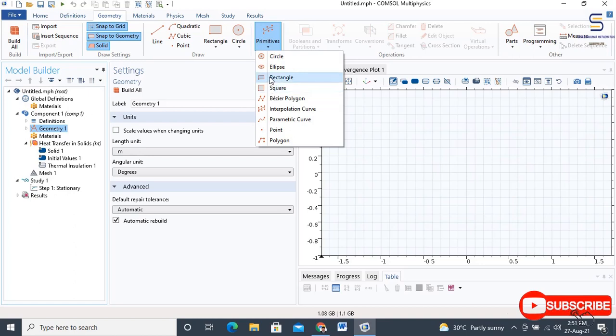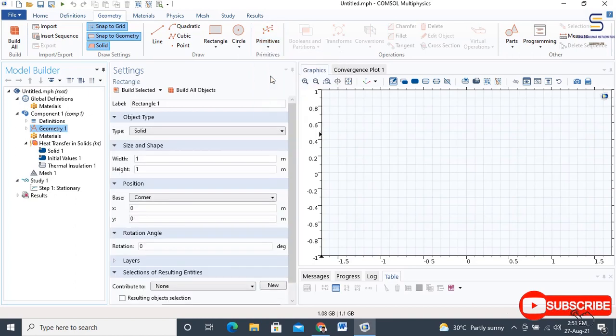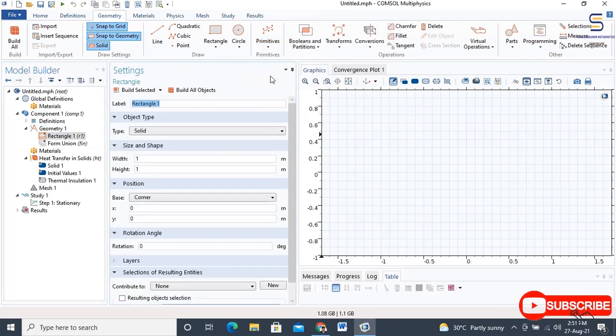We are going to go for, in this case, a rectangle. By selecting the rectangle, in the settings window for the rectangle, locate the size and shape section. In that, select the width to be 0.6. Following which, build all objects.